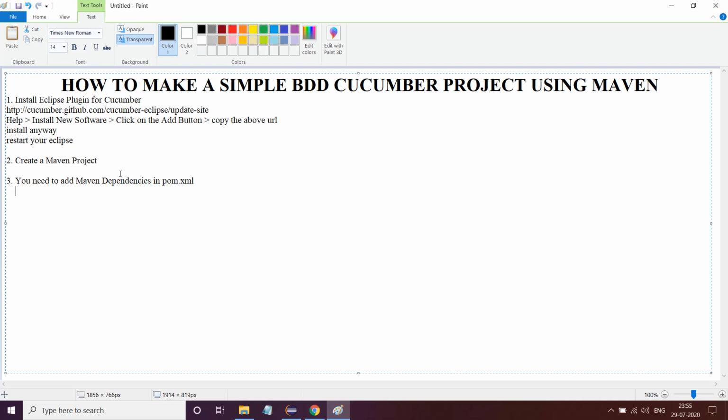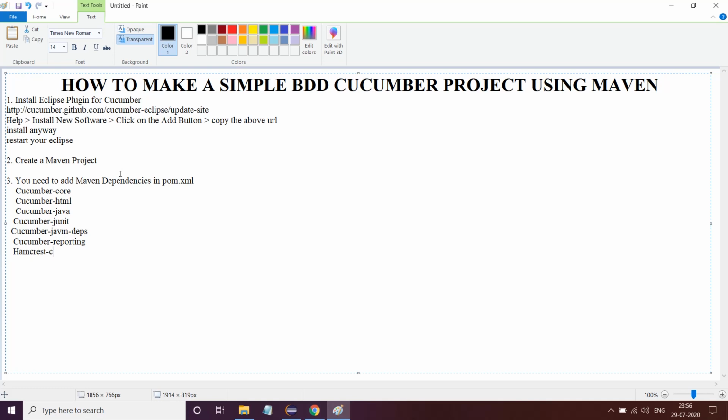You have to add Cucumber Core, Cucumber HTML, Cucumber Java, and then you can add Cucumber JUnit, Cucumber JVM Deps, then Cucumber Reporting, and then Hamcrest Core.